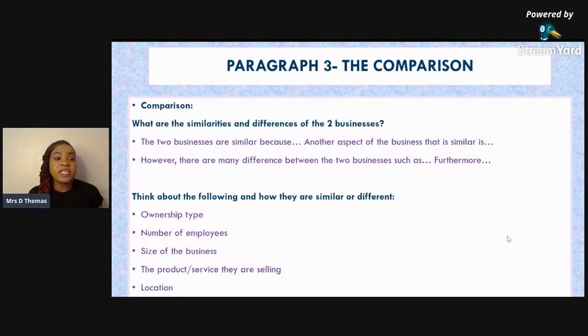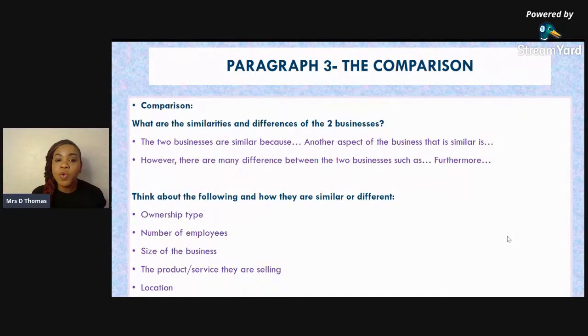Paragraph 3. This is where you're going to compare. So after you've completed 1 and 2, where you're going to write about the different areas of the business that you have researched, now you're going to compare them. What are the similarities and the differences of the two businesses? So the two businesses are similar because